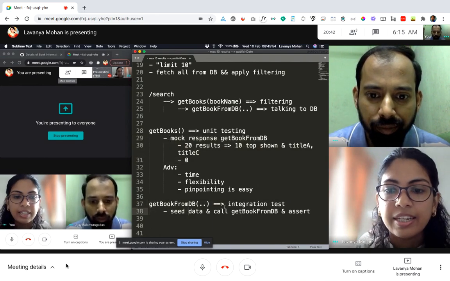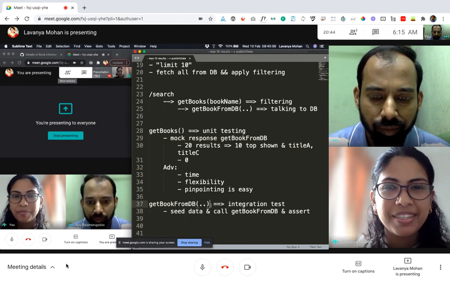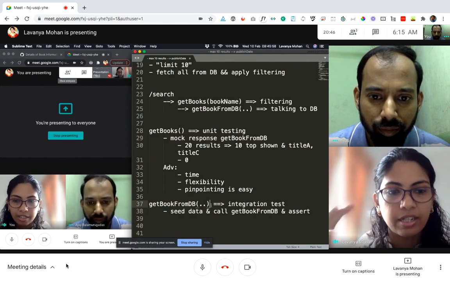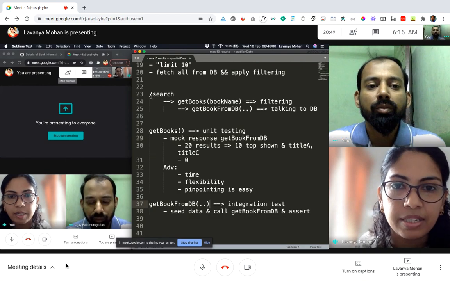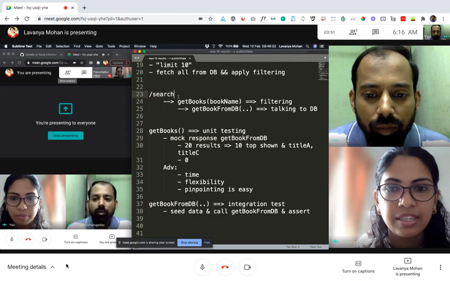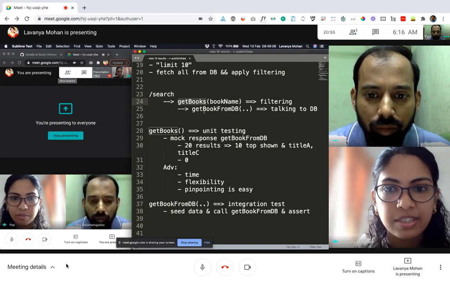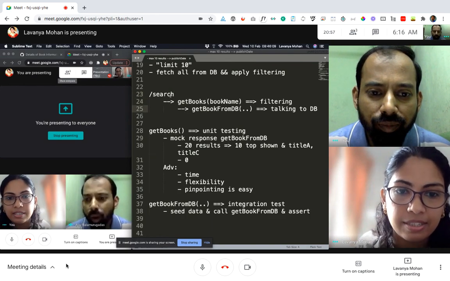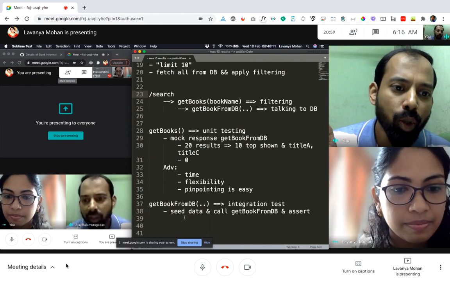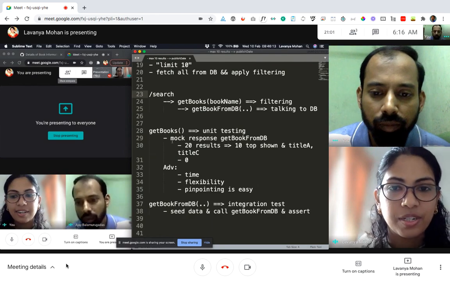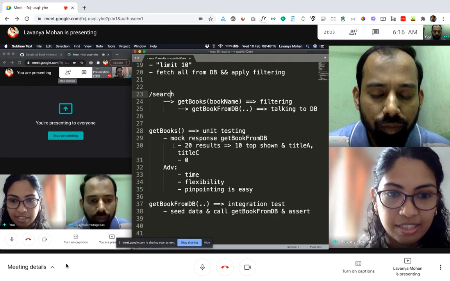Now, usually when people think about integration tests, what do they think about? Like the entire flow, right? Like maybe hitting the search API that would internally do everything, all these other methods, then actually get data from the database. They start thinking start to end. Correct, start to end. So that is also an integration test.